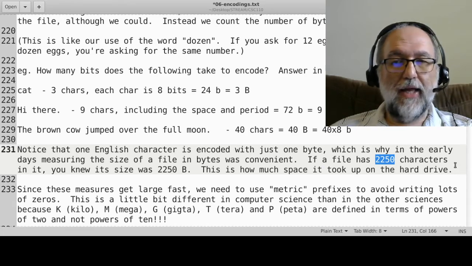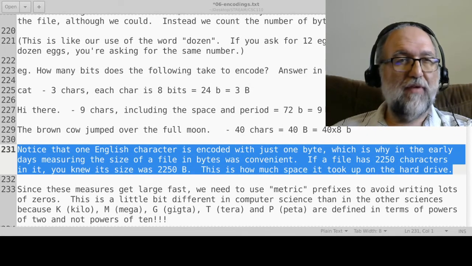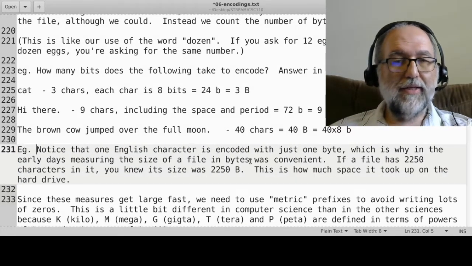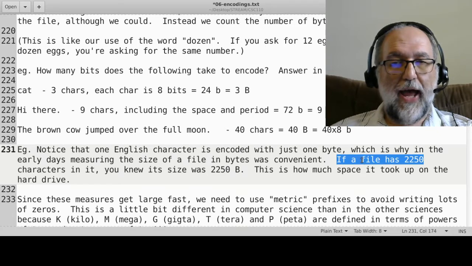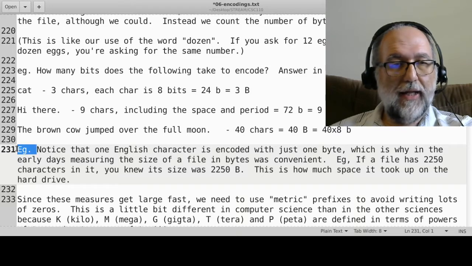So in this next little piece here, just to give you an idea, this is just an example. In fact, I should probably just say example here. There we go. Okay, like example. If a file had, actually, I should say it right here. Example. Okay. So if a file had like